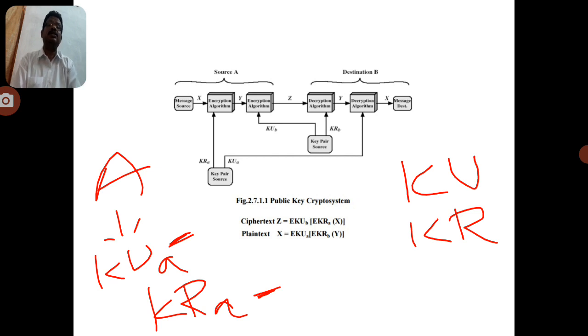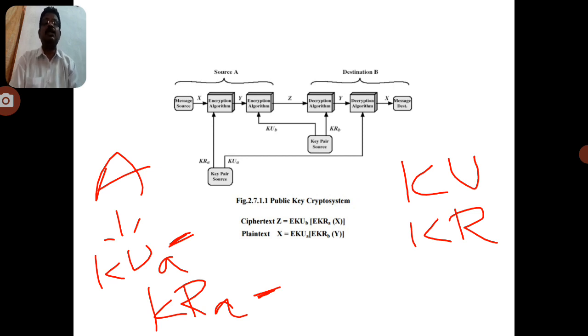In conventional cryptography, only one message is generated, which is called the secret message. Secret message, confidential message, or encrypted message are all the same. Sometimes we use the encrypted message, sometimes ciphertext, sometimes a secret message, or sometimes a confidential message. So here a single key generates only one message, which is called the confidential message.